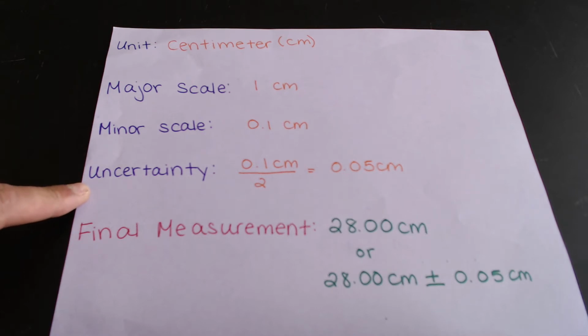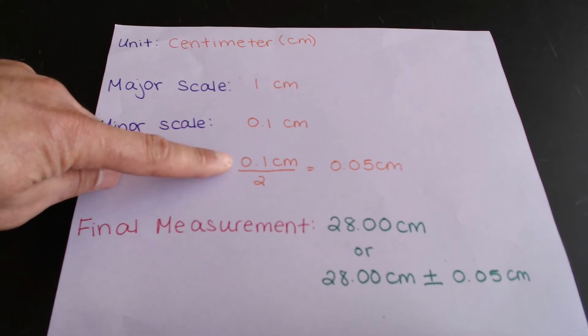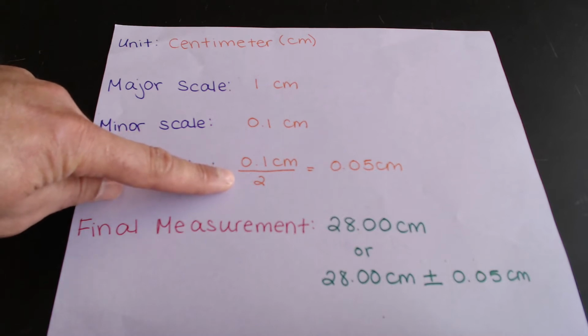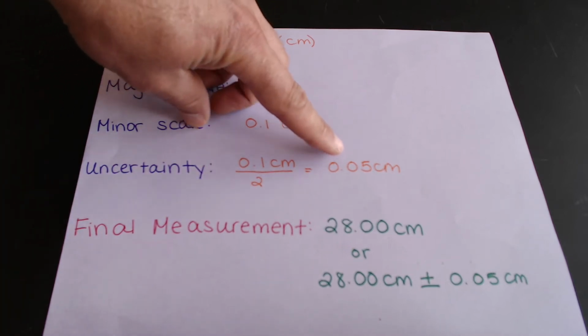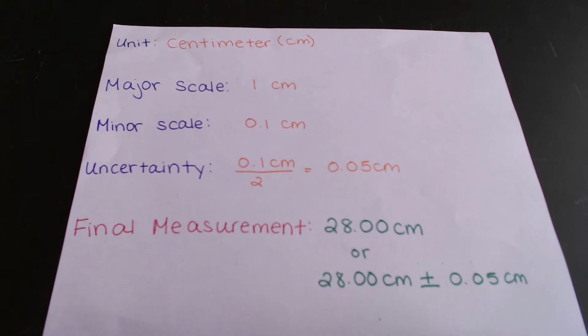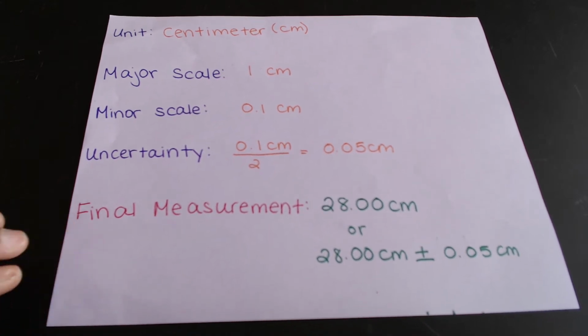All right, then the next one is a little bit more difficult, and this is kind of the key to this whole process: determining your uncertainty. Your uncertainty is you take your minor scale, or the smallest mark on your ruler, and you divide it by 2, and that gave us 0.05 centimeters. All right, so let's look at the final measurement overall. Let me slide this up a little bit. Okay, so our final measurement can be written